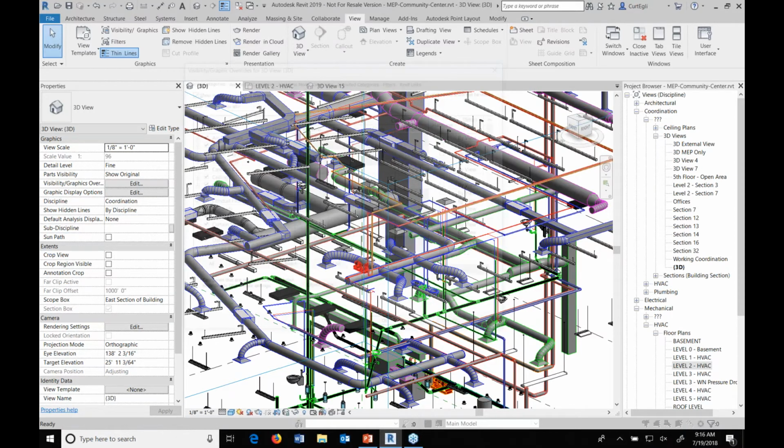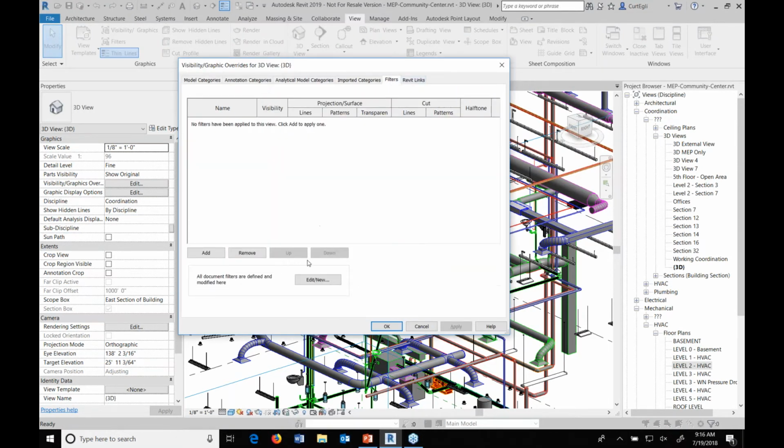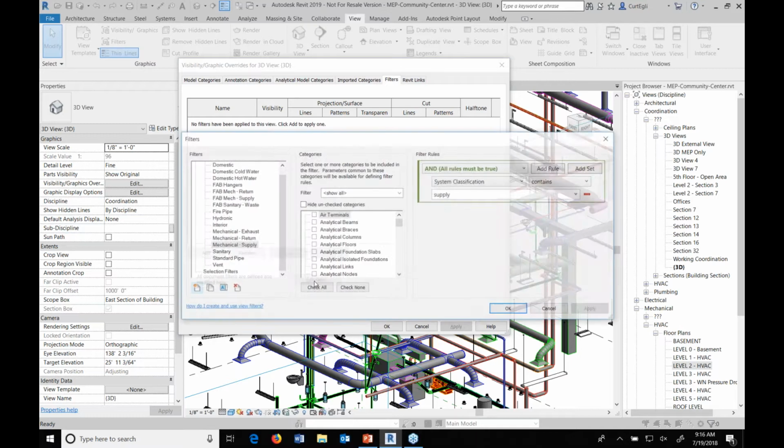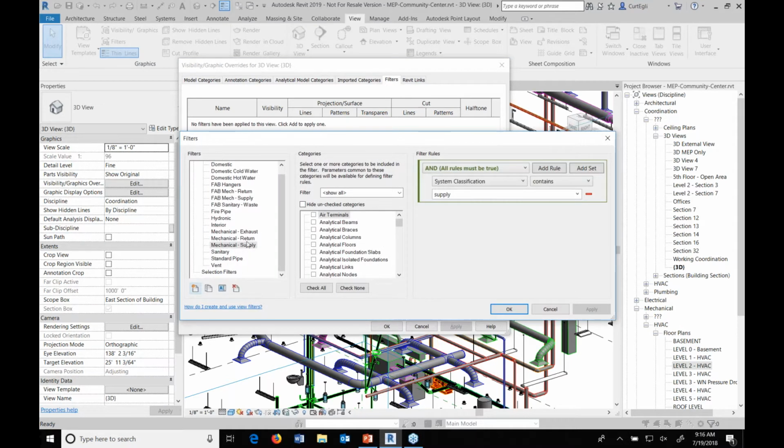So you do this in visibility graphics. You go to the filters tab and you say edit, new. If you haven't done this before, it's broken into 3 parts, with the filter name here, the categories that are affected in the middle, and the rules over here. You're seeing now in 2019 that this rules area looks considerably different. So I'm going to make a new one here called supply or return,